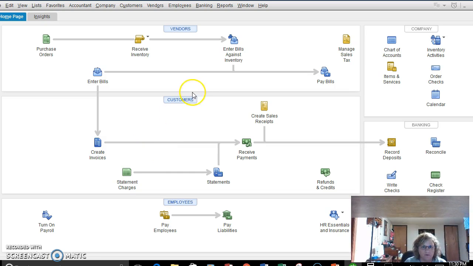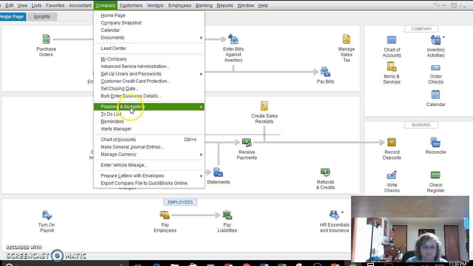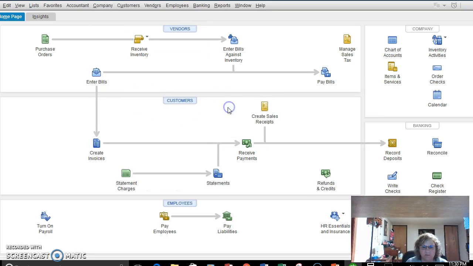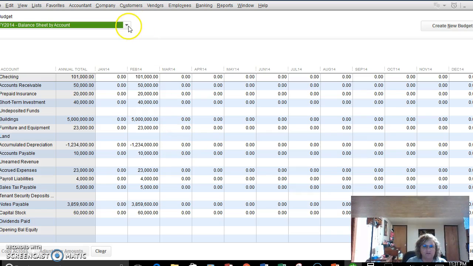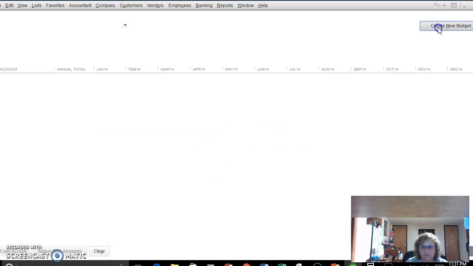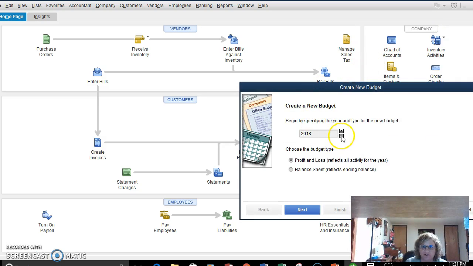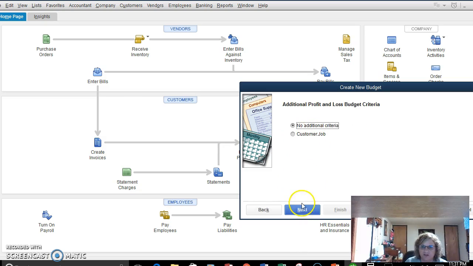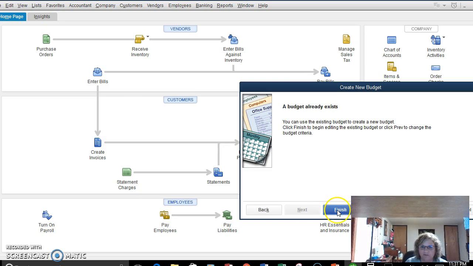And first of all, what we need to do is we're going to go to Company, Planning and Budgeting, and set up a budget. And as you can see here, I've already set those up. I can look at the profit and loss if I wanted to create a new one. To create a new budget, I selected the year, and the first one we did was profit and loss, and I didn't change any criteria. And if I hit finish,